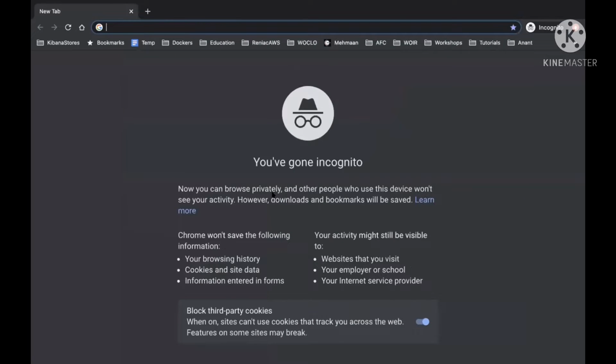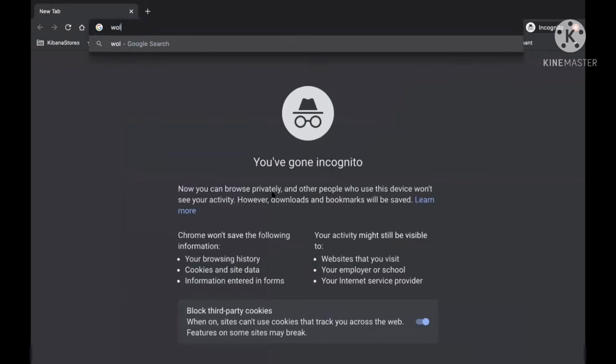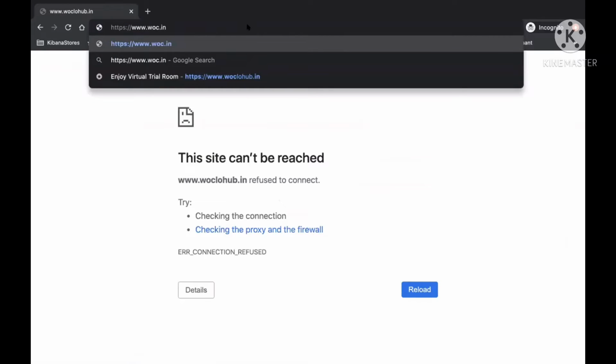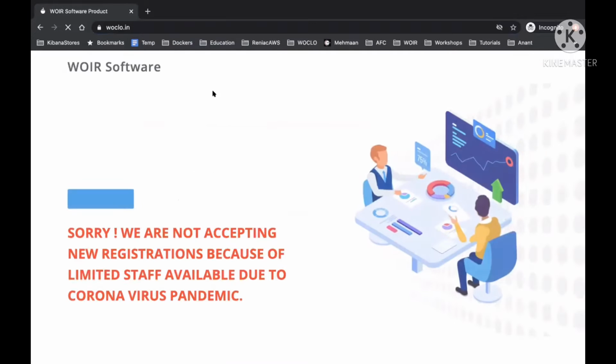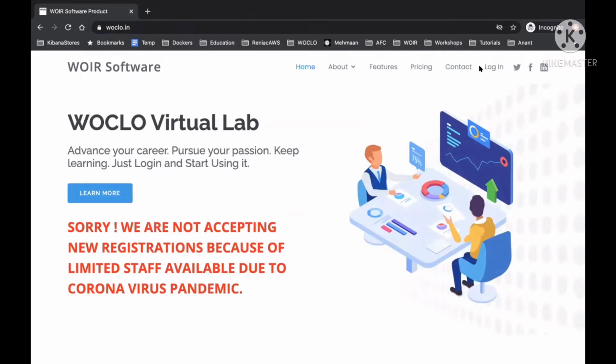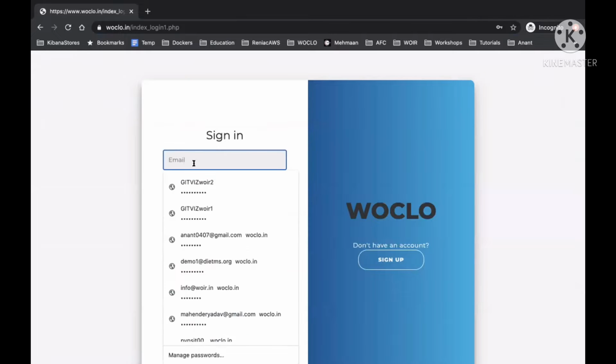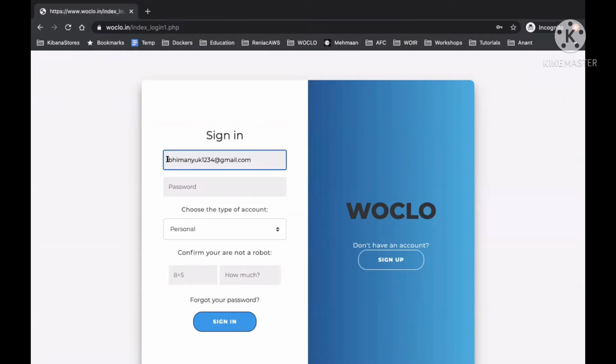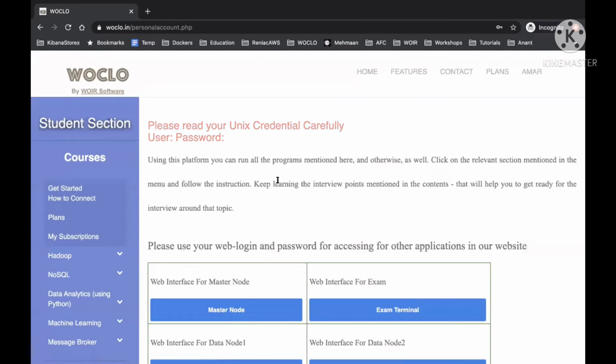Let me open the incognito window. Let's go to WOCLO.in and click on login. So I'm going to paste it here. I think I missed an A. Yeah, we missed it. ABCD1234. It will be personal. I'm not going to choose the other option. 853313. Sign up. Right now you see the user and password are blank because in the background we